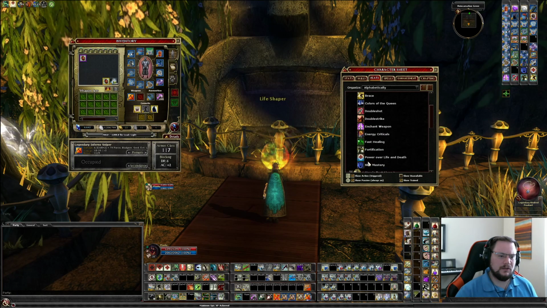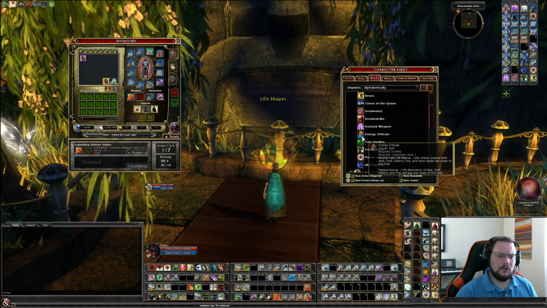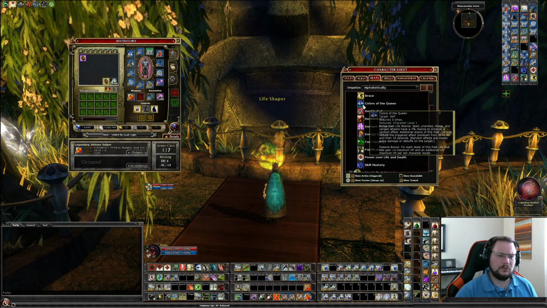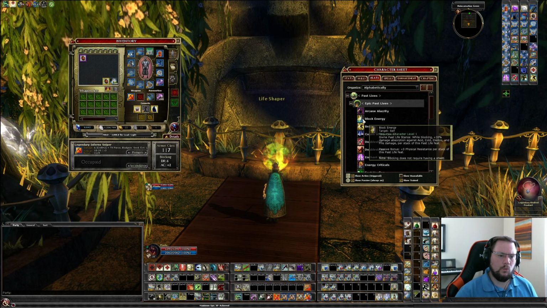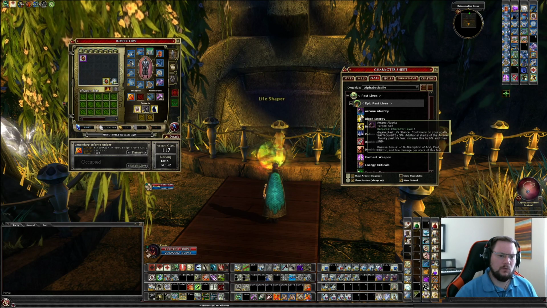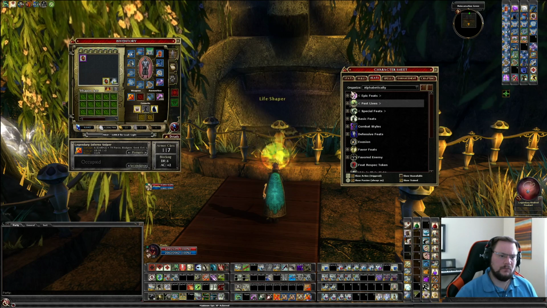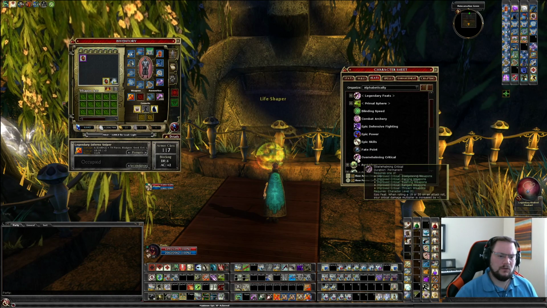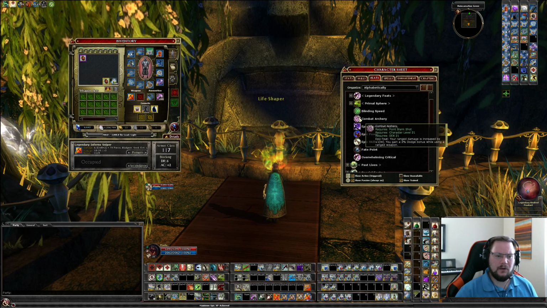Now, epic past lives: 3 skill mastery, 3 double shot, 3 colors, 3 brace, 1 block energy, 1 arcane alacrity. Last but not least, epic feats. So I got overwhelming critical, combat archery,